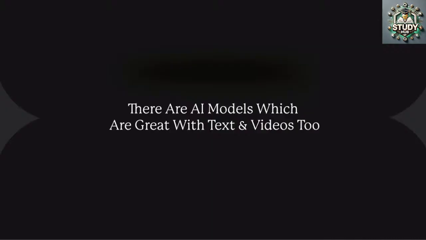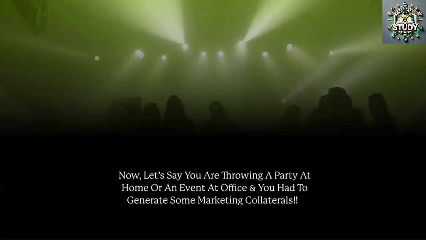And now we are going one step ahead: these models are capable of generating images and videos too, right? I'll showcase one example. Let's say you are given a task to generate an image or a video for an event, and the deadline is 10 minutes. I'm not going into the whole science of how to create stunning ads and AI videos using all the frameworks, the JSON prompting, or the different tools like Kling and VO3. I will showcase VO3, but there is a whole science.